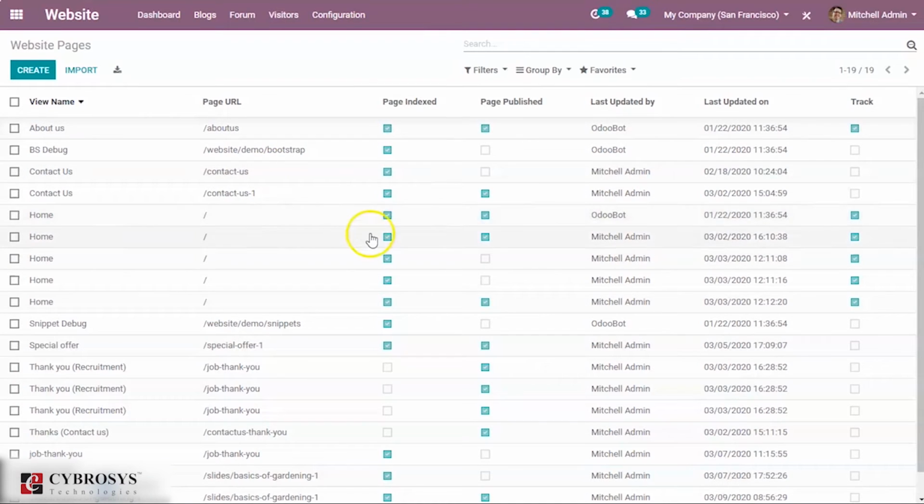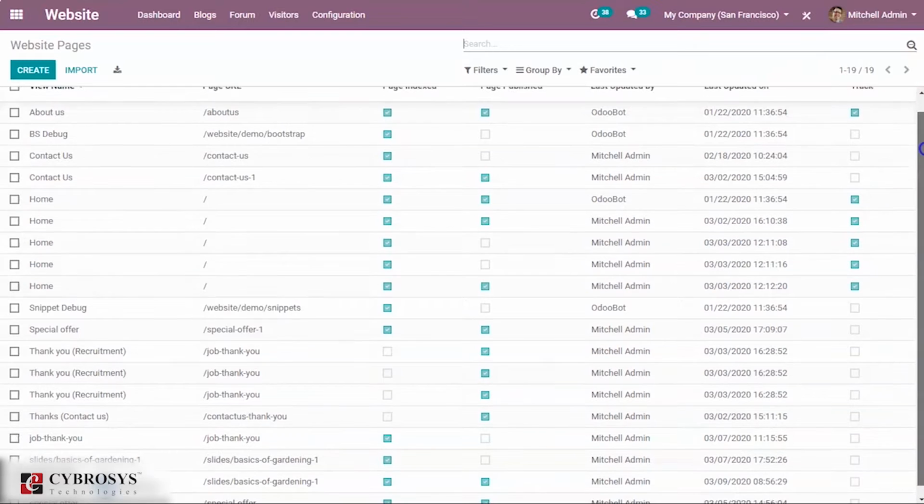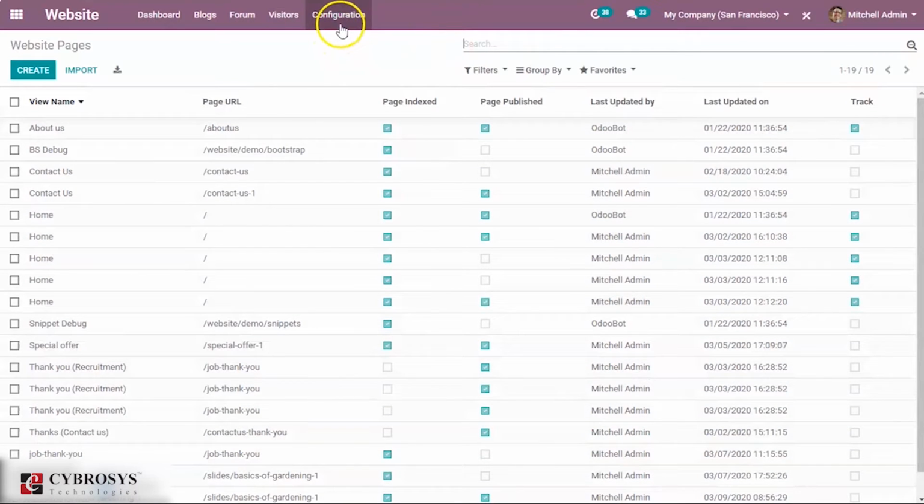Here you can see certain kinds of pages, and these pages are viewed on our website. You have the name of your pages and the corresponding URL, whether the page is published or not, when it was last updated by and last updated on, and track. This gives the information of the pages available on your website.